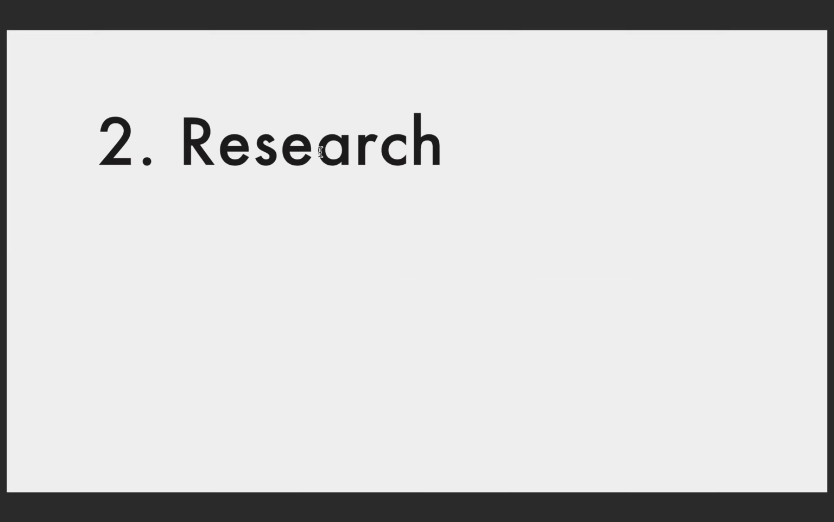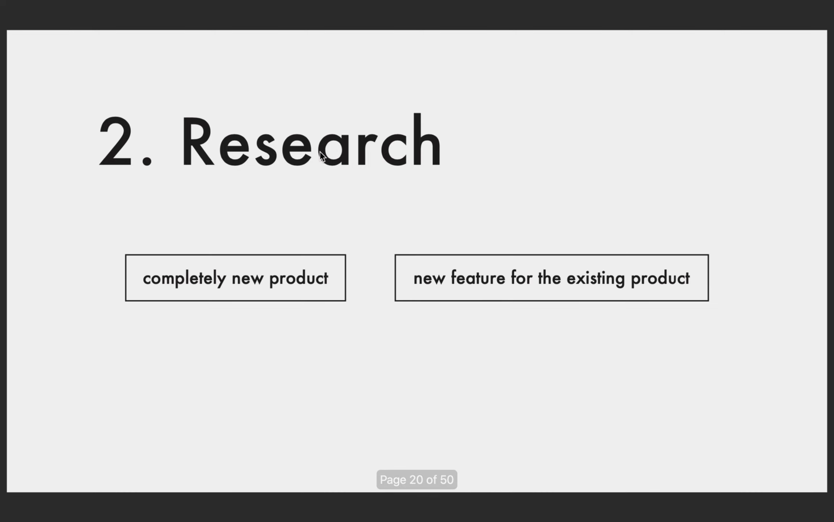Next step is research. There are 2 options for research. It depends on what you need to create: a completely new product, or just a new feature for an existing one. If you're creating a new product, you should do market research on what already exists, paying attention to user experience and design. But if you add a new feature to an existing product, you should use the existing design